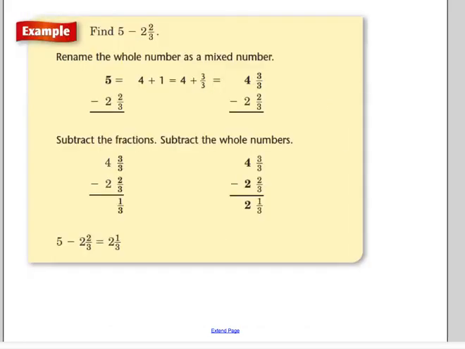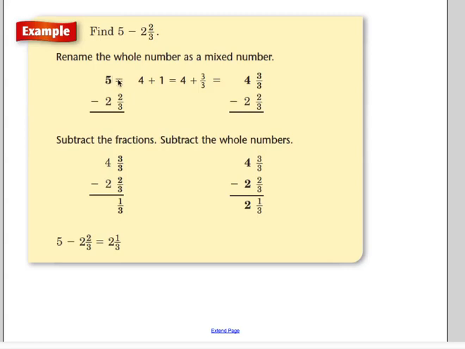Here's another possible situation that you might come up against. Let's say your problem is to find 5 minus 2 2/3. Well, we have a whole number here, but we don't have a fraction part. Sometimes that's a little bit tricky. When we line them up, it's like we don't have any fraction here to subtract 2/3 from. So again, we're going to have to rename that whole number, and this time we're going to make it a mixed number. Remember, I can take 1 from my 5, 1 whole,